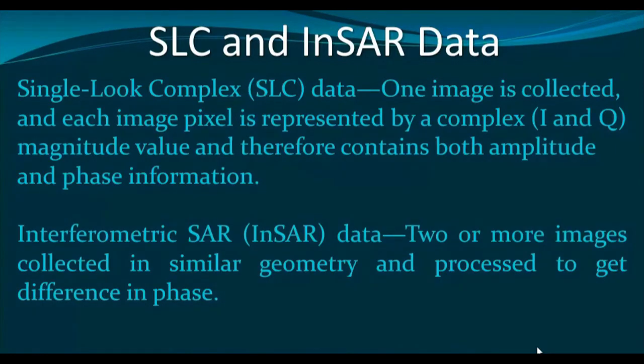It is similar to the optical remote sensing concept. For two-dimensional applications, we need one image for the geographic area or the area of interest. And in case of photogrammetric application, if we want to get the height information and every detail on the earth surface, then definitely we should obtain two images from two different locations. So let us try to understand these two data one by one.